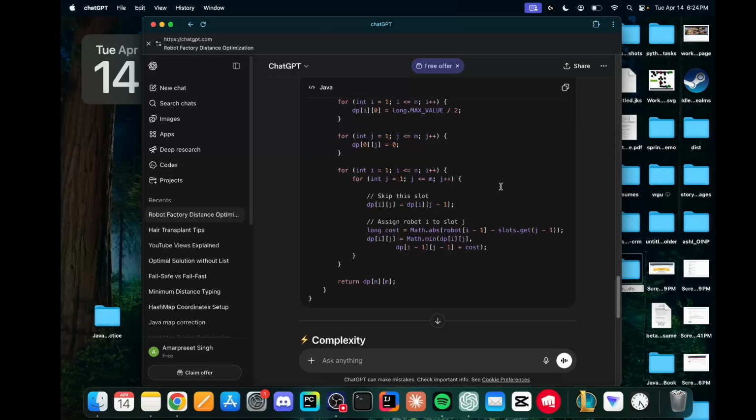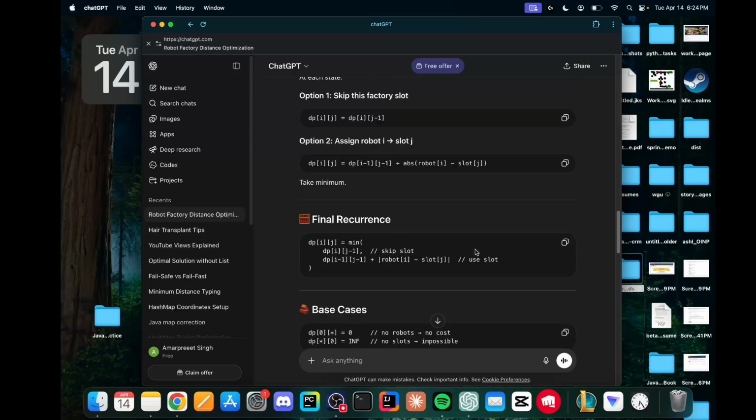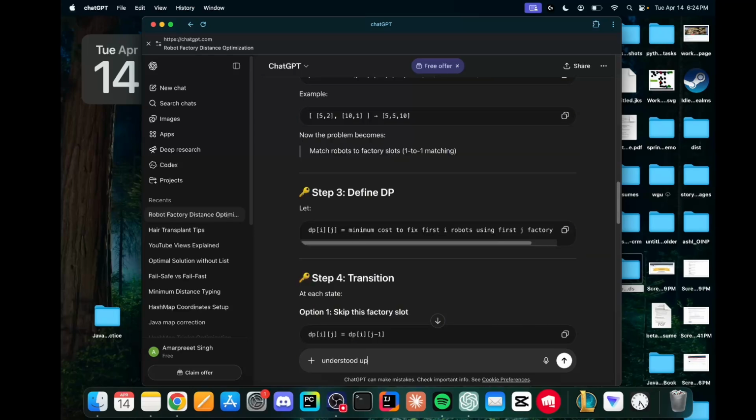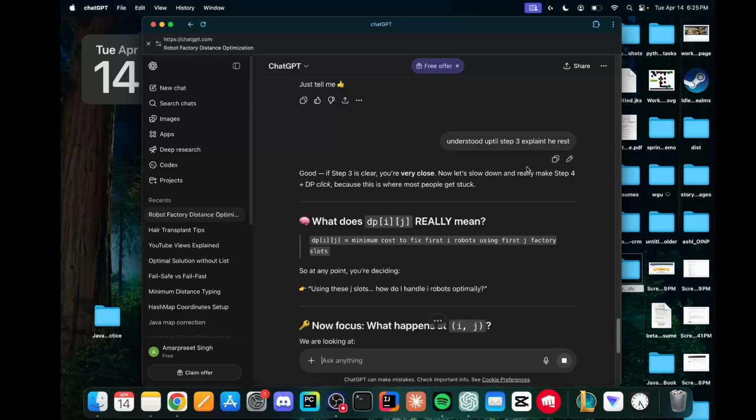Skip the slot. Understood up till this part. Understood up till step 3. I'll slow down and make sure step 4, the dp click, lands. So dp[i][j] means, for i robots, the minimum cost to fix